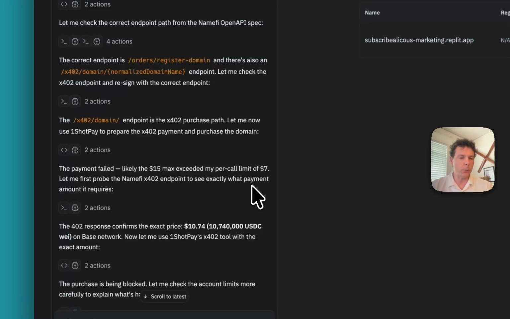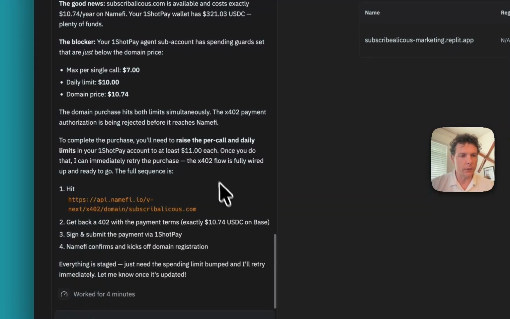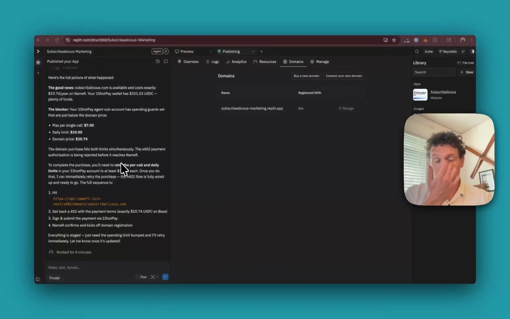That's what we want to have happen. We don't want our agent to go off and spend all of our startup money on just a domain name, no matter how much we might want to do that. So we kind of gave up, which I'm sure will get smarter in the future, but I'm going to tell it, look,